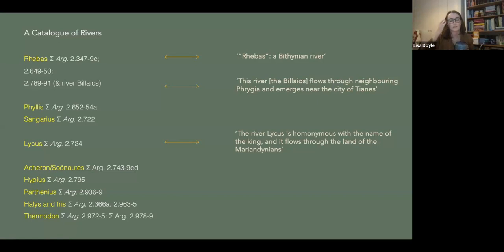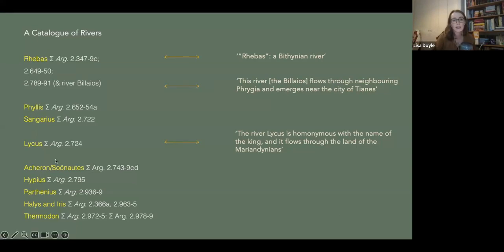We saw the example with the sanctuary a short while ago. For instance, we have a temple of Dipsacus, and we're told about the customs that are still observed there, in relation to the description of the river Phyllis. And with the river Sangarius, we are told the aition, the cause and origin of the name, and the commentator includes the name of the author who talks about this origin, Hermogenes.